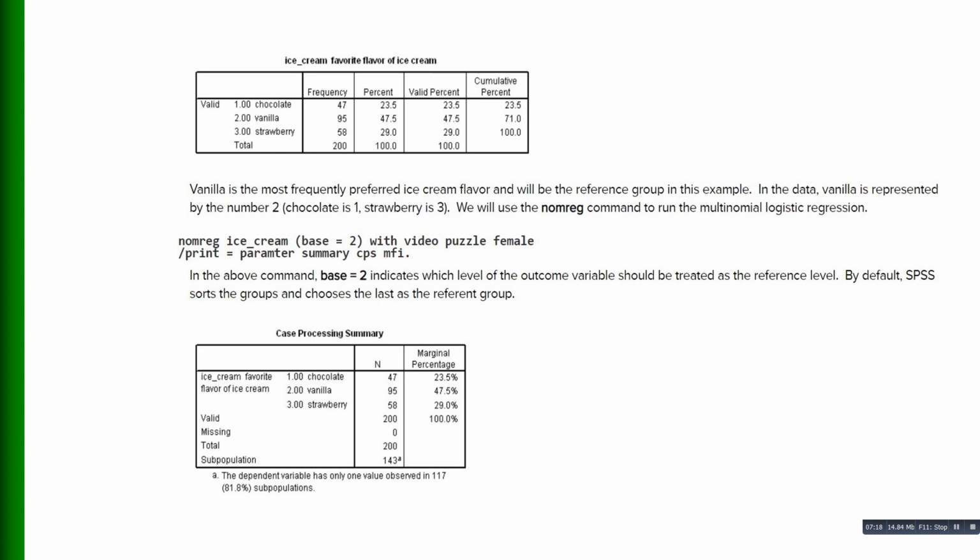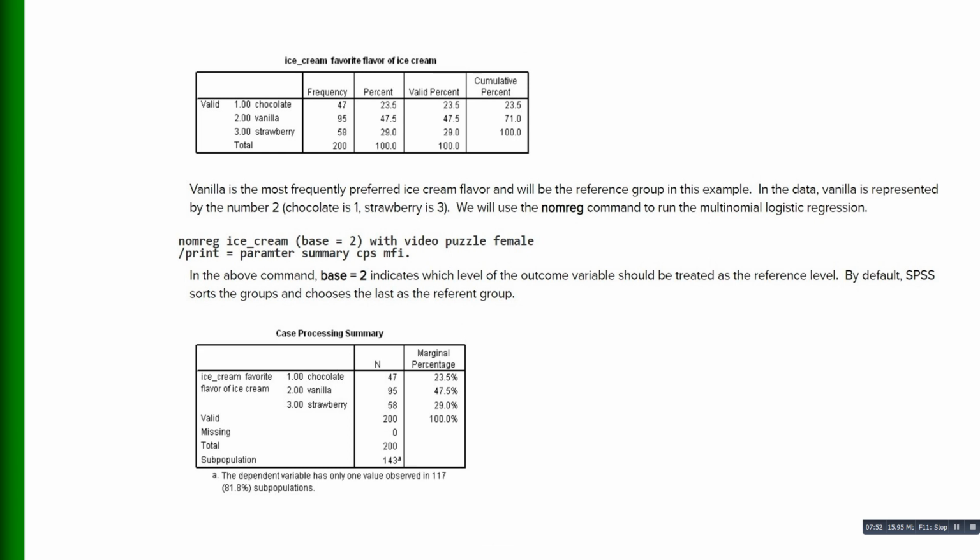23.5% of the students preferred or chose chocolate. 47.5% of the students chose vanilla, and 29% of the students chose strawberry. So we can say that vanilla is the most frequently preferred ice cream flavor and will be the reference group in this example. In the data, vanilla is represented by the code 2, chocolate as 1 and strawberry as 3,